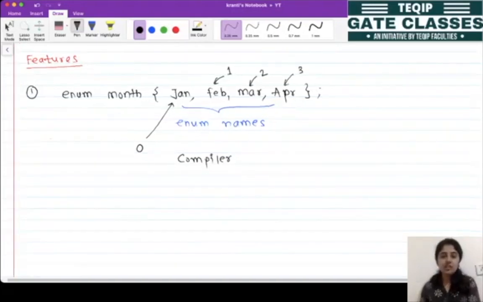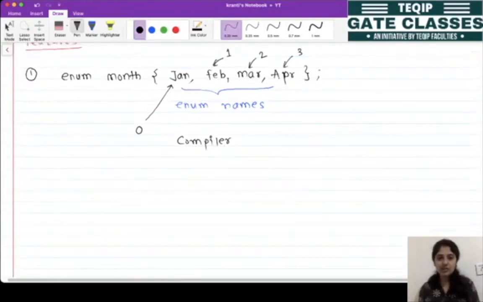Okay, so here if we don't assign any value explicitly, then the compiler assigns some value by itself and the values start with 0. Okay, so here we have not assigned any values explicitly to these enum names, so the compiler assigns values by default, starting from 0. Okay, so let me write one small code for this.